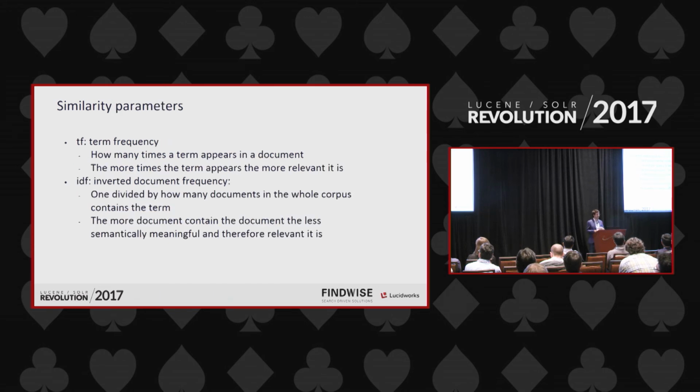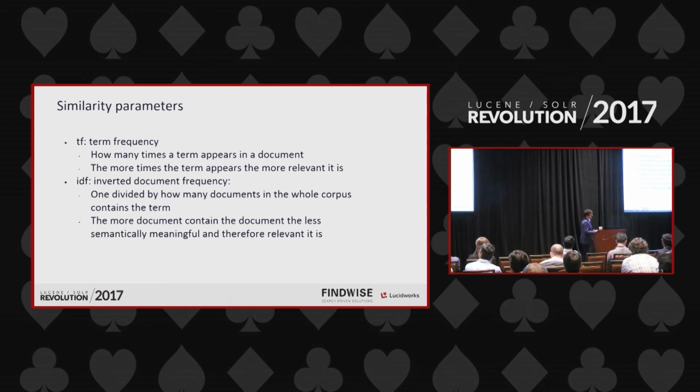But actually, behind the scenes, we are always going to use the same parameters when calculating a similarity score. We are going to use, obviously, the term frequency. We're going to check how many times this term in the query appears in our specific field. And usually, we're going to use it as a direct relation with the similarity. So if we have a higher term frequency, we're going to have a higher similarity score.